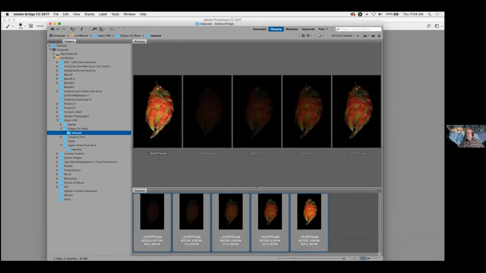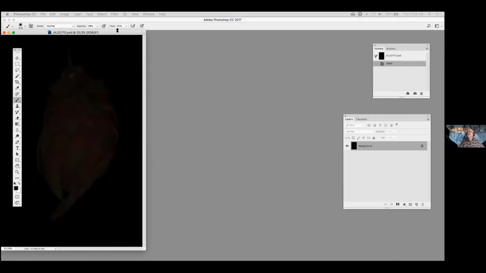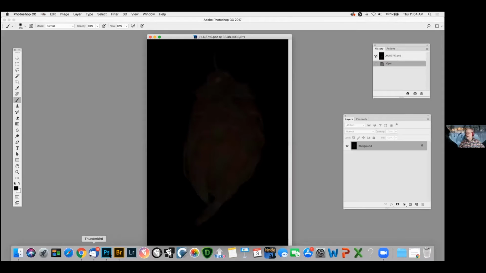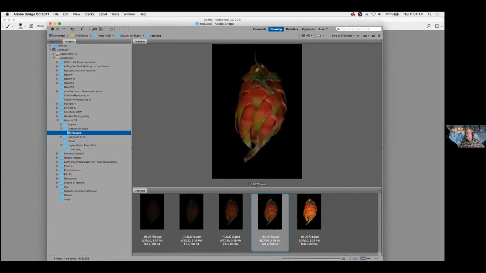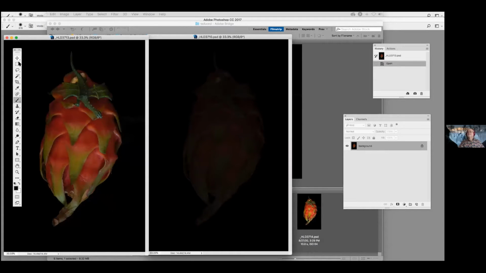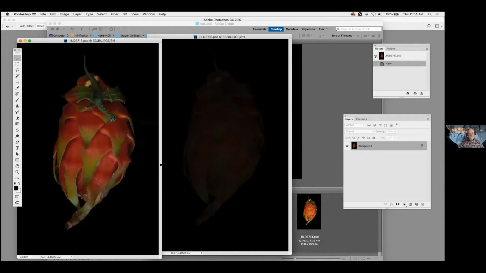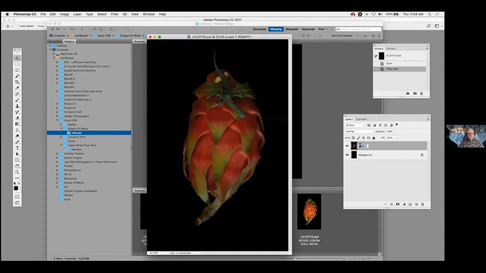So basically what you want to do here is start with the darkest one. So this is the exposure that's run at 3/5 of a second. And you want to paint in the stuff you want on the totally black background. So this one is 5-second exposure. And I can put a, where's my,